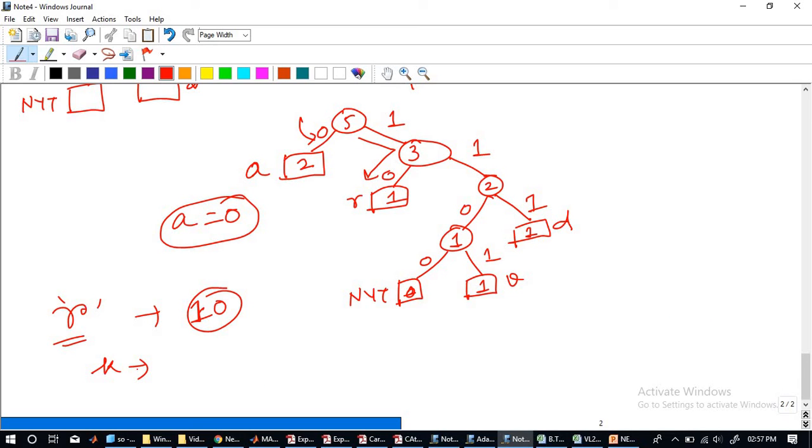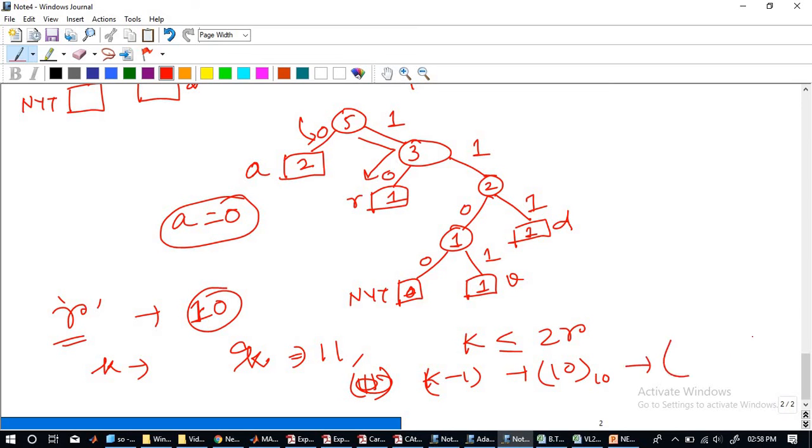Again, for the last element, which is small k, what will be the code word? Just tell me the code word. We are not going to do the updation process here. Can you give me the code word when K appears? Because K hasn't appeared up till now. So for K, if I consider the index, K is A, B, C, D, E, F, G, H, I, J, K, 11. So K is 11. Is it matching this condition? It's matching. So if it is matching, then convert K minus 1, that is 10.